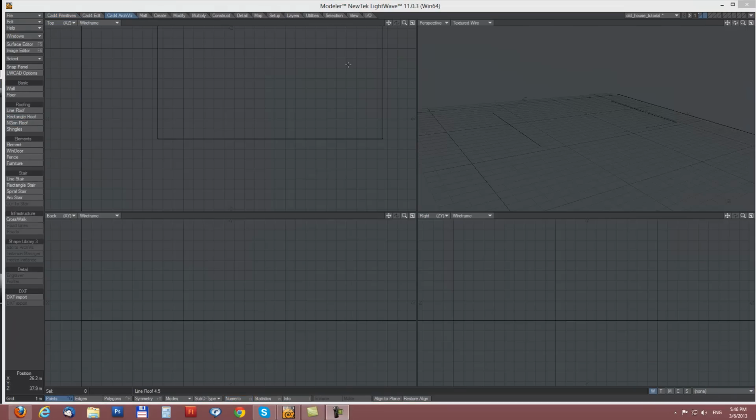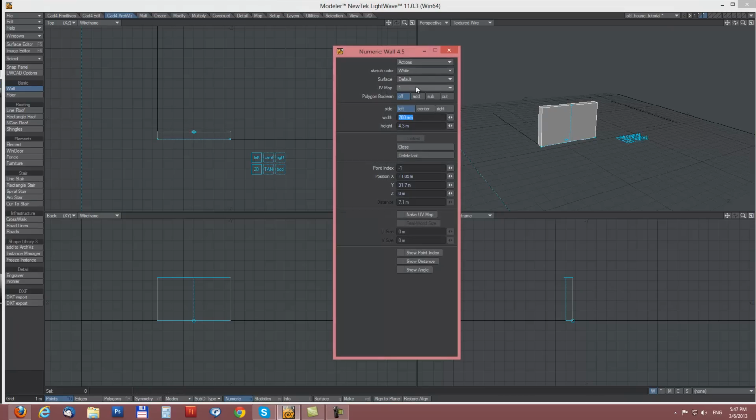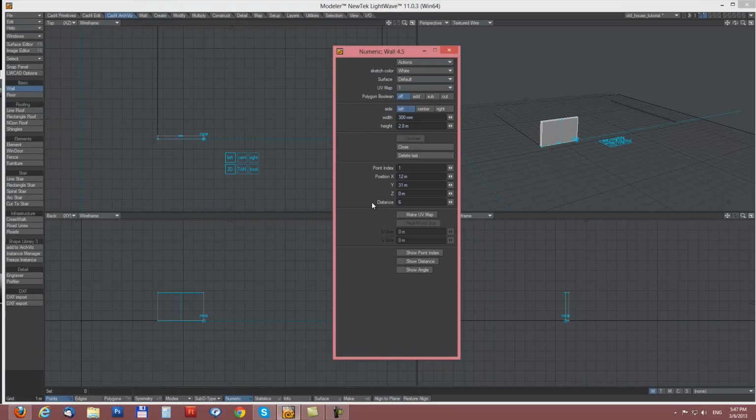Having boundary lines in the background layer, we can draw a wall with the help of snapping to these boundary lines. In the wall tool we can adjust the wall directly in the viewport, its height or width. We can also set it in the numeric panel, so I will set 30 centimeters of width and 2.8 meters of height. And for each segment we can also set the distance in the numeric panel, so this will be an 8 meter segment, this